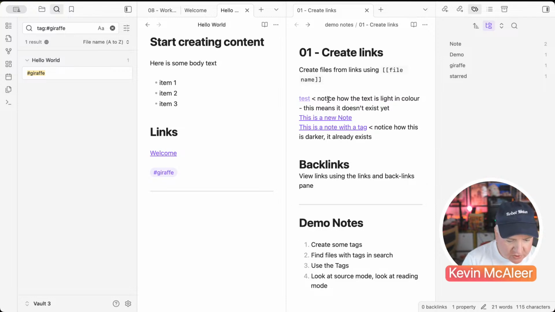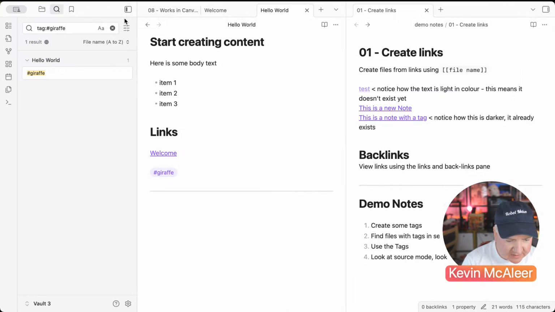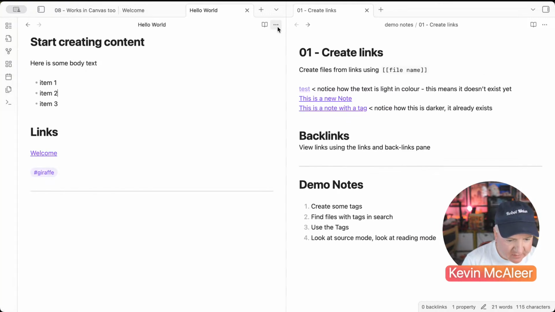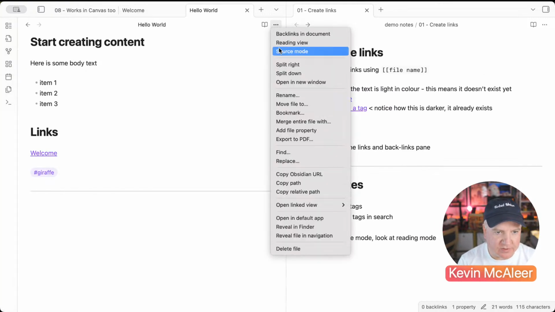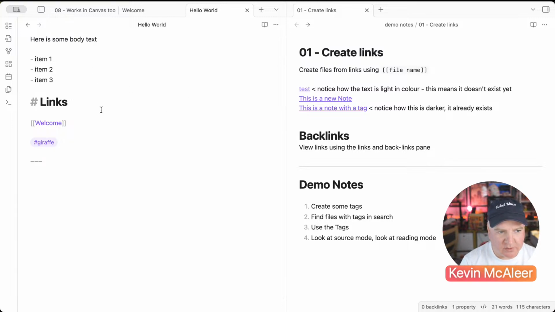We can look at the source code for files. I'm just going to close that for a second. So if we go to these little dots at the top right here, we go to source view. This is the actual markdown of this file. So we can see here we've got the hash with a space means it's a title. The two brackets mean that this is a link, and the single hash with no space to it is a tag. Triple line means that this is a horizontal line,